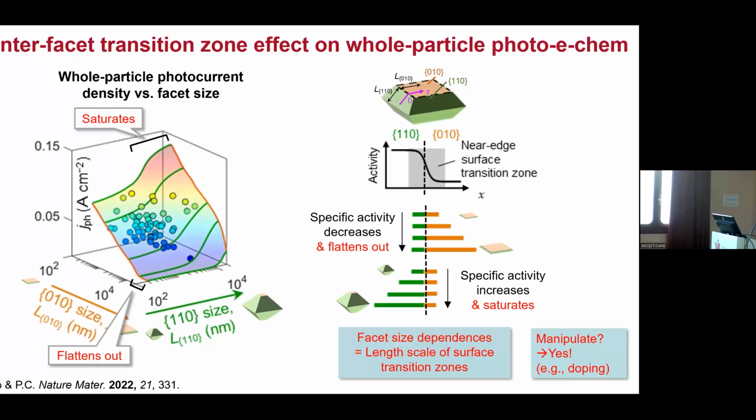But what we could do more dramatically is actually shown here with the little things. We can dope the bismuth vanadate particle with nitrogen by treating it under annealing. It turned out when you treat it under nitrogen, you change the dopant density on two different facets differently. Now this transition zone,